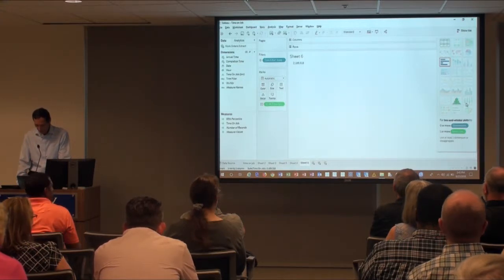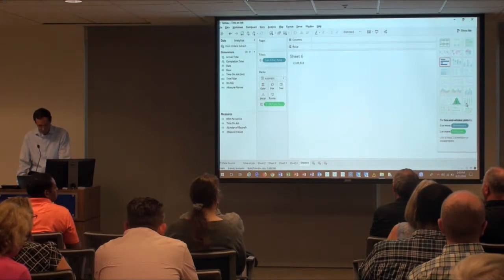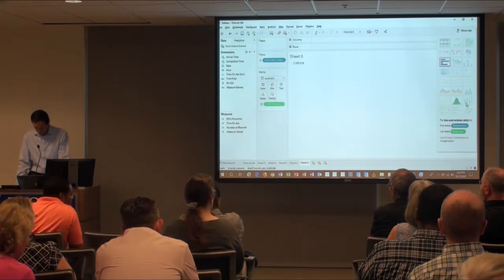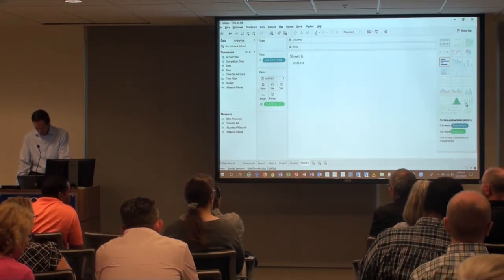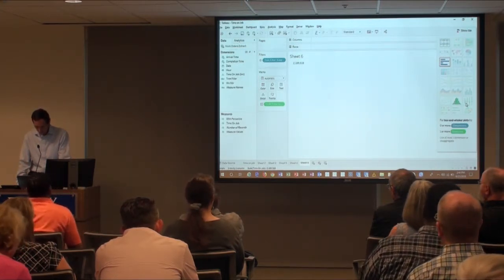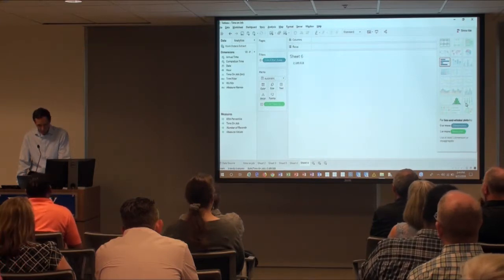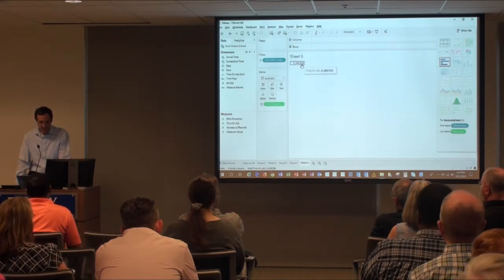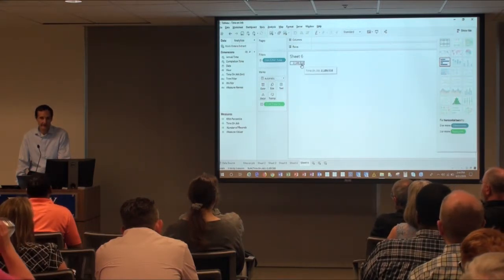It says 0 or more dimensions, and it says 1 or more measures, so on the surface it looks like I've met the criteria. Then at the bottom it says use at least 1 measure, or disaggregate. Yeah, so that's a clue. The issue right now on my viz is that I have a sum of the time on job, so it's aggregating it.